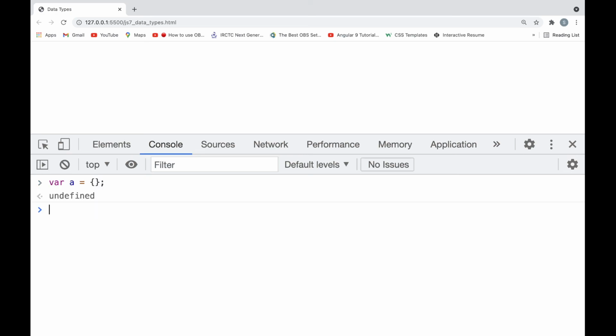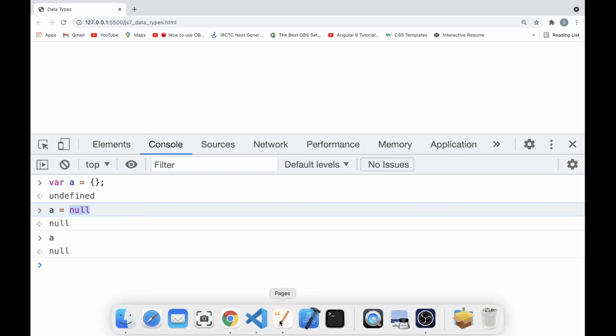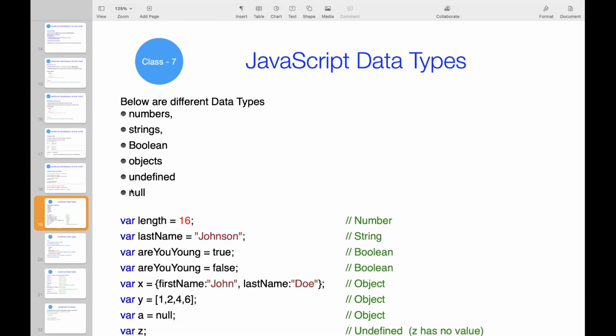Now I want to make this j equal to null, which means this variable doesn't have any value now. We can empty that variable by assigning the null value. Null means we are emptying the variable. Undefined means a variable without value, that is undefined.